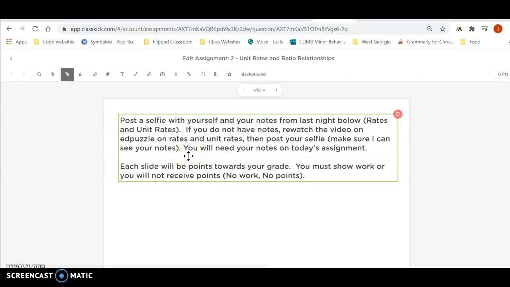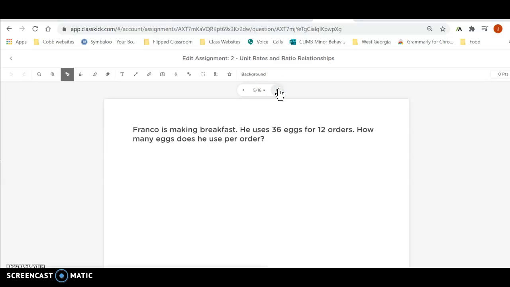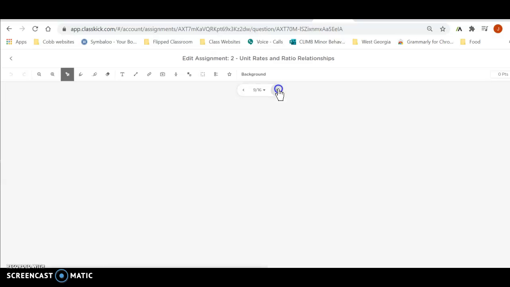Now, first of all, this is another way that I like to work with EdPuzzle, is the students need to take a selfie with their notes from either last night or that afternoon as they're working through it. So notice right here is a camera. What the camera does is it'll let you take a selfie using your camera on your computer. And that way I can see their notes that they have done it and they didn't just watch the video. So that's an excellent thing. And then they work through with the activities. Now remember, these are not written on because the students would write on them. And then when we get to the end,